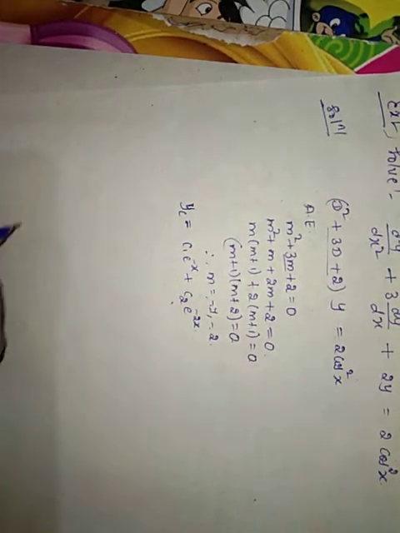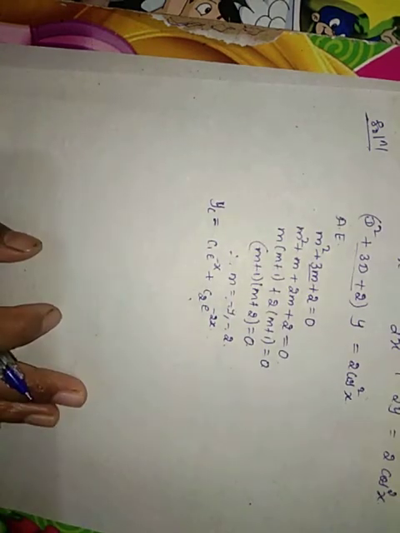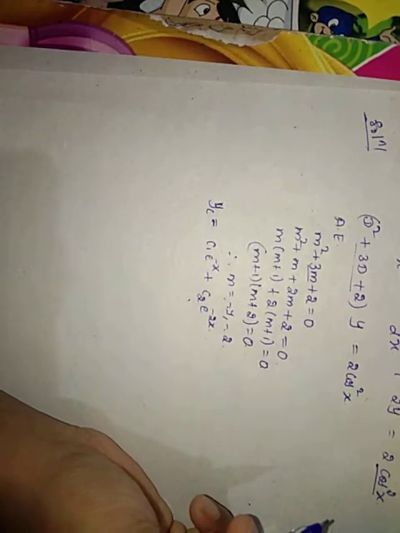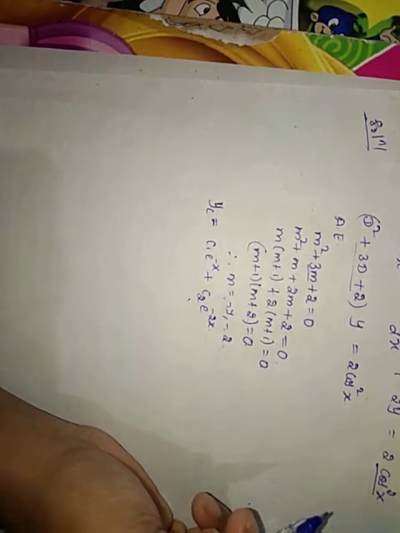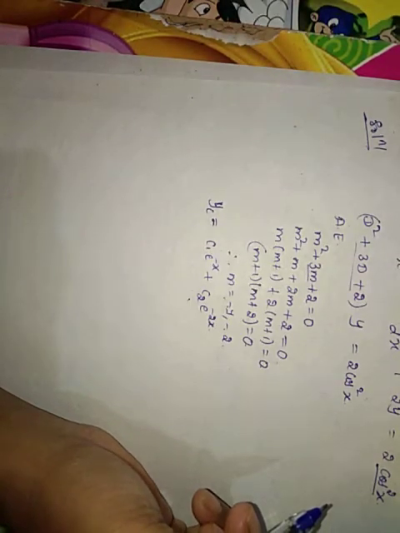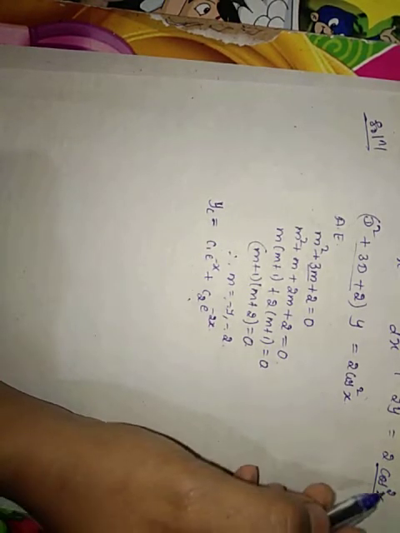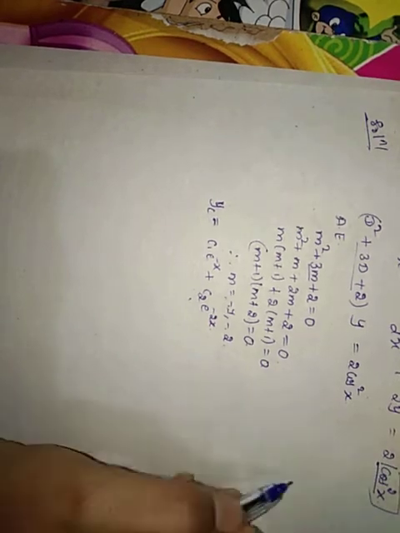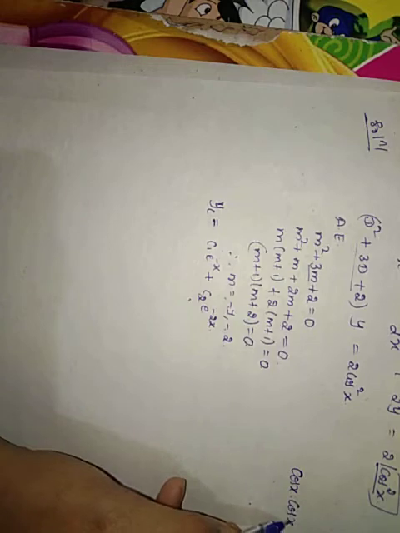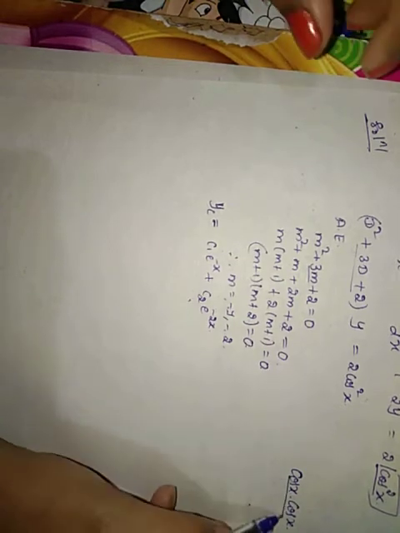Come to the second step. The second step means we have to find the particular integral. You may be thinking, the RHS is not in the form of sin ax or cos ax, and also not in the form of sin(ax plus b) or cos(ax plus b). Then how can we apply this type 2 procedure? See here, it is a cos square. Can we write cos square x as cos x into cos x? Right? Cos x into cos x.